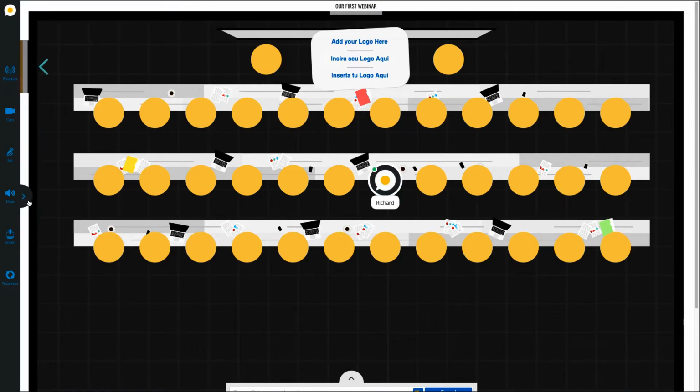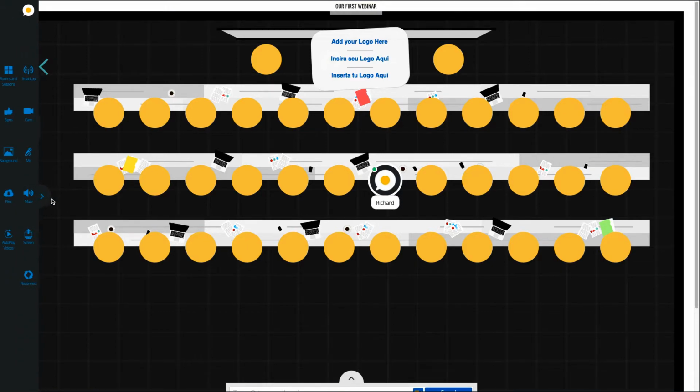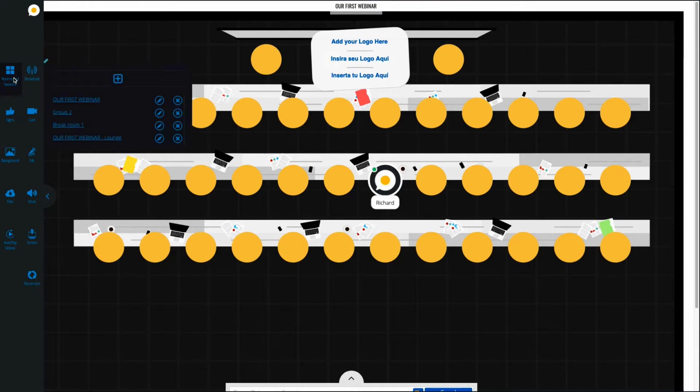The first step is to expand your left menu bar, and you're going to see this room and sessions icon. By clicking here, as you can see, you have the ability to add more sessions or more rooms if you want, or modify any existing rooms that you have already created. Once we click here to create,